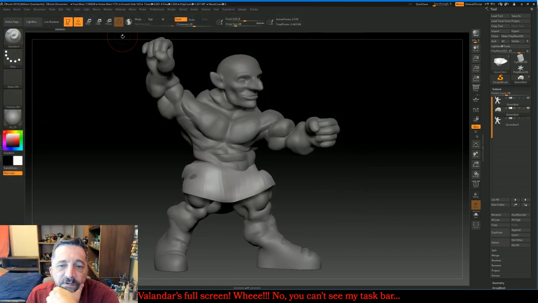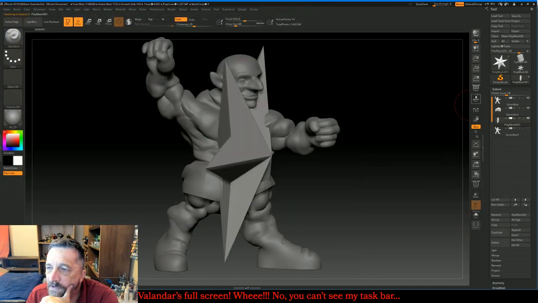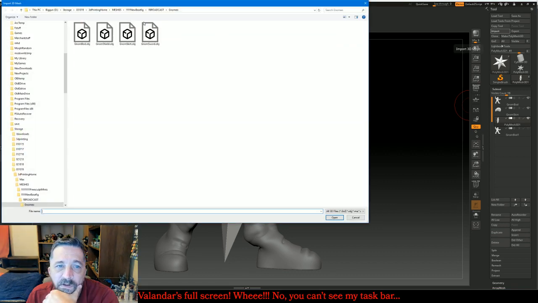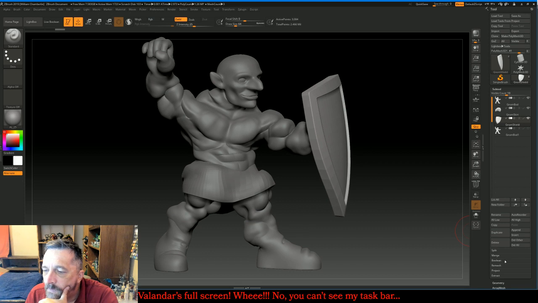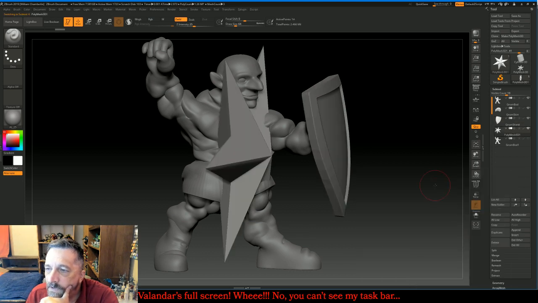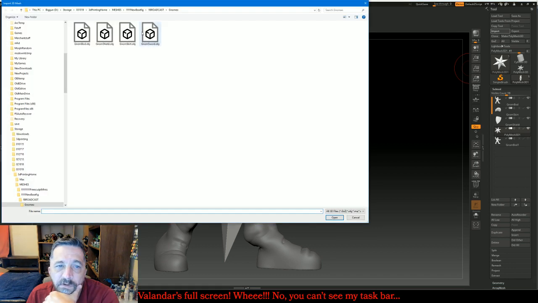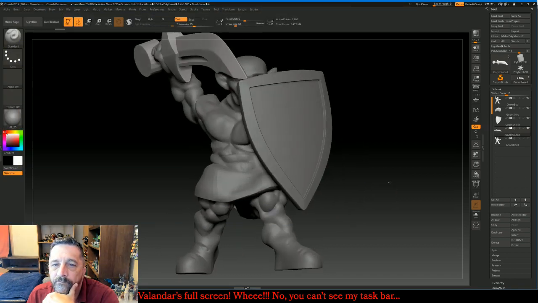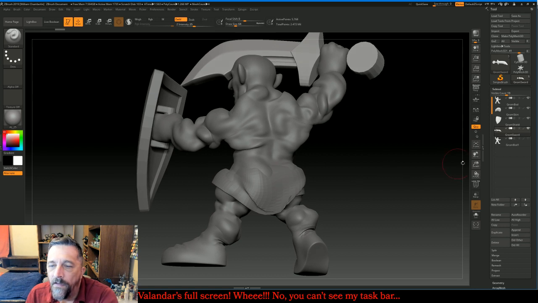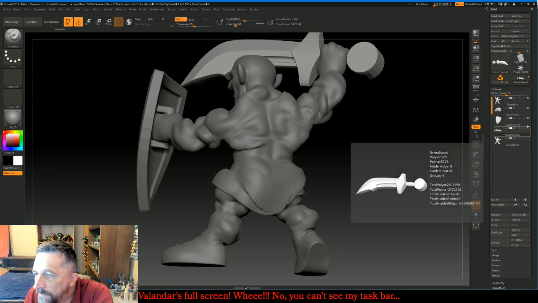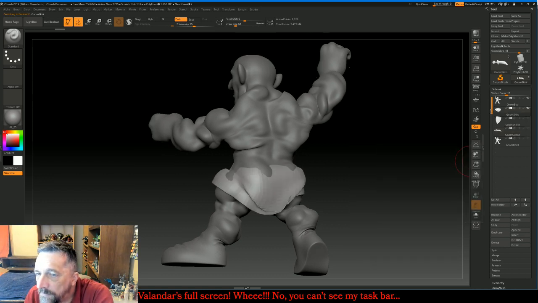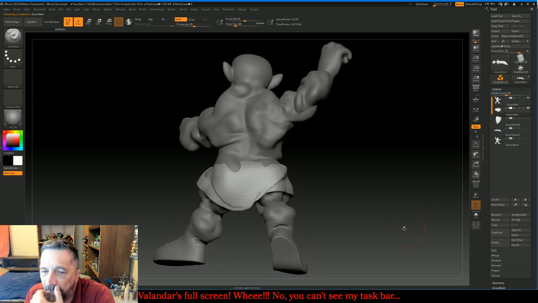Import Gnome skirt. Insert polymesh. Import Gnome shield. And insert polymesh. Import Gnome sword. Now we're going to hide the sword and shield and work on the skirt. First thing that's going to happen,